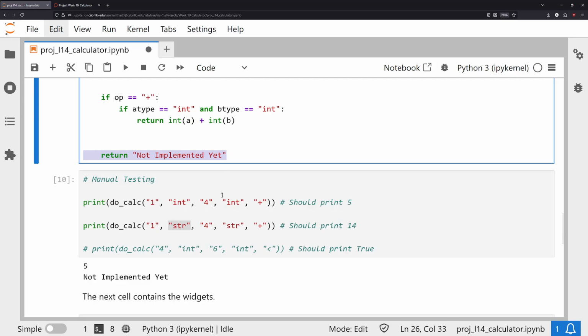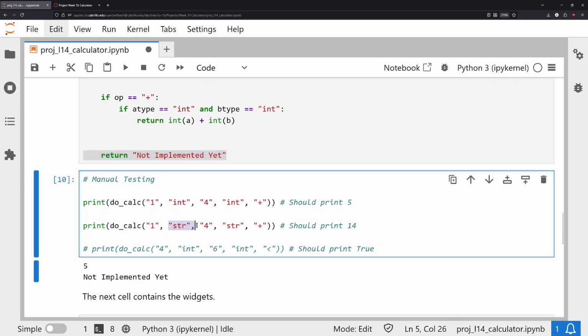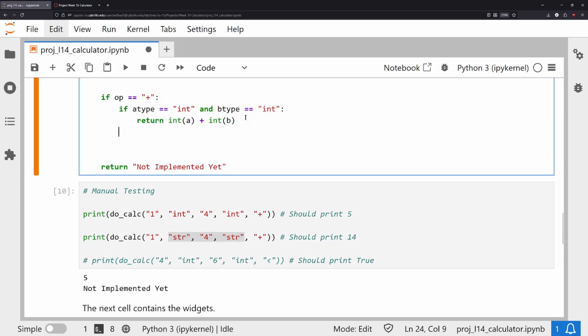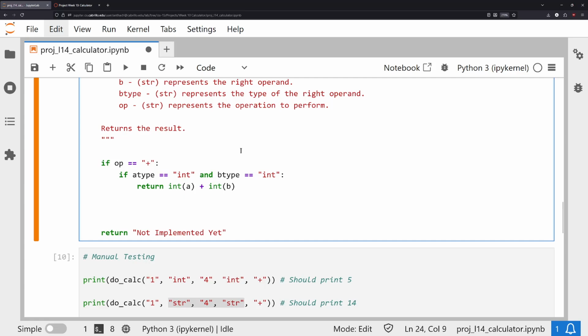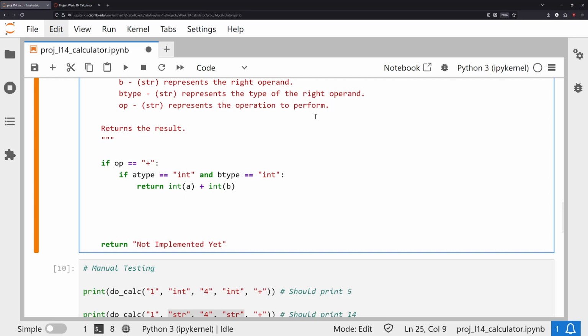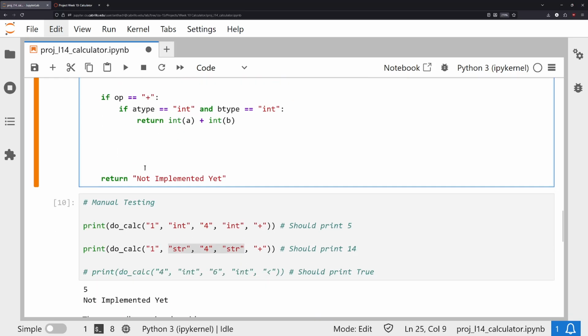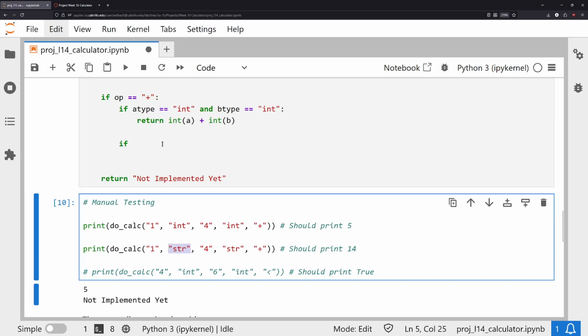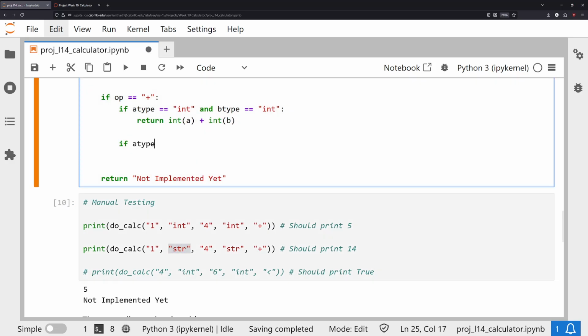So this means we need to implement a sub-branch for the strings. It's going to look tricky from here, actually, so keep in mind these indents. It should make sense in a bit. So here I'm going to implement a sub-branch for this plus sign. Basically, we need to implement the strings here. If they're both strings,